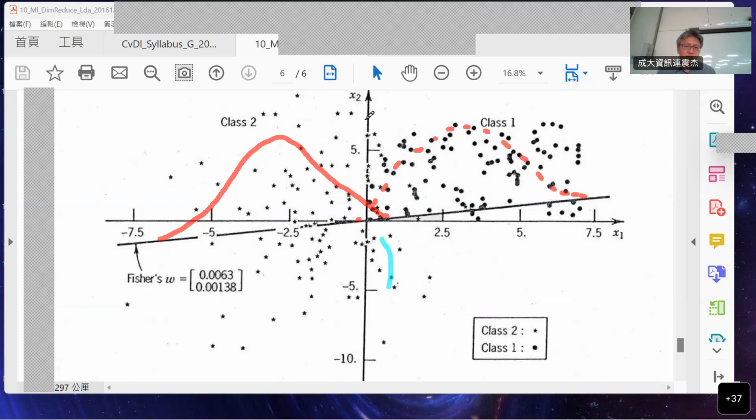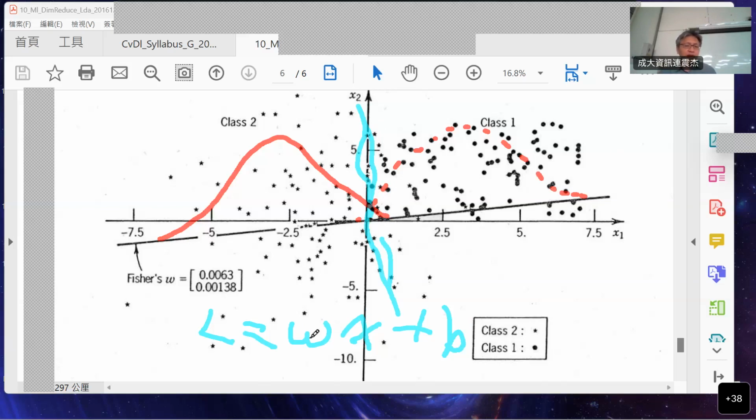This is your L. Oh, sorry. 画的不好，undo 一下。就这条 L，这不好画。你要找这条 L 的线，实际上就是找 W，因为这条 L 的线等于 W 乘上 X 加 B，但 B 已经不重要了。W 比较重要，因为你最主要是找这个 projection，当这个 overlap 最小。